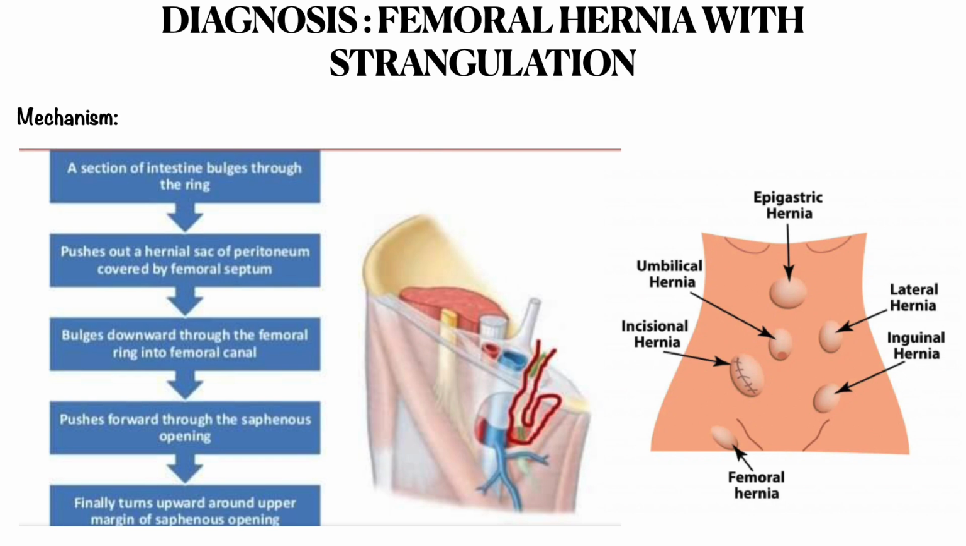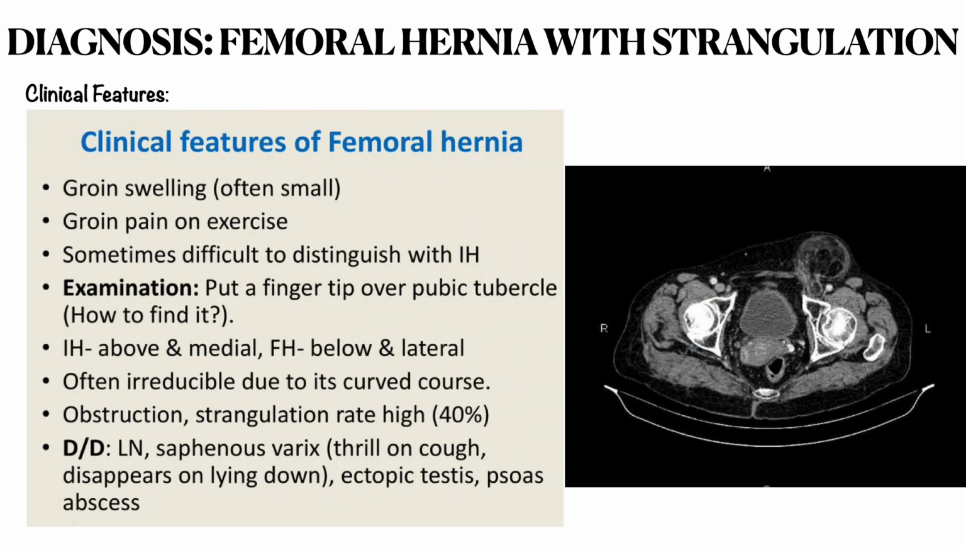And the femoral hernia is often below the inguinal ligament. So femoral hernia is below the inguinal ligament, and inguinal hernia is above the inguinal ligament. You can remember it like that. So basically the clinical features of femoral hernia include groin swelling, often small, groin pain on exercise, sometimes difficult